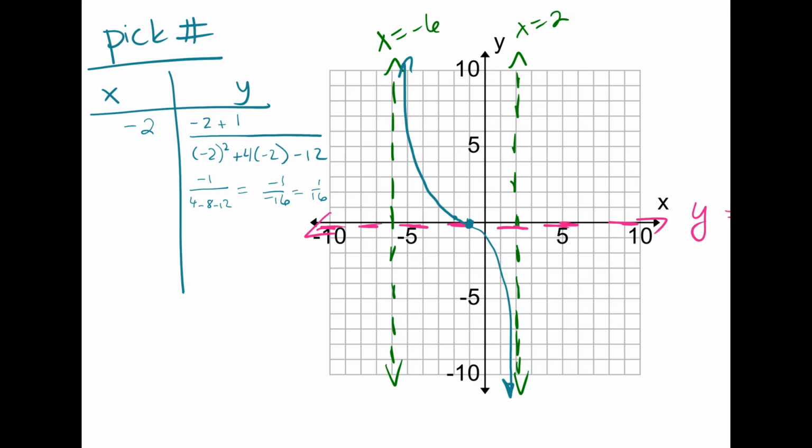Alright, so the horizontal asymptote only cares about the ends. Alright, so we have that part done. Next, what should we try? Let's try and see what goes